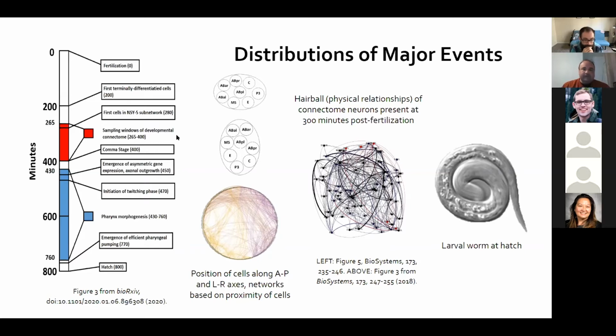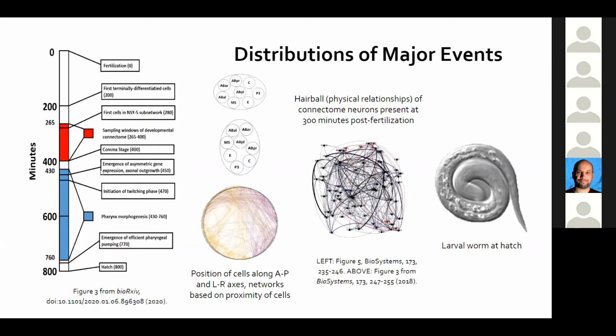So another thing we've done is map out major events. We mapped out the emergence of cells in the connectome, but very early, not even before hatch, which is before L1. This is when the cells are first emerging. And then we compared those cells with the adult. So we have a publication on this where we've identified when these cells first come up in development, and they come up between 265 and 400 minutes. This is when the neurons first start to differentiate. And so we also look at different other events in this as well, not just the connectome.